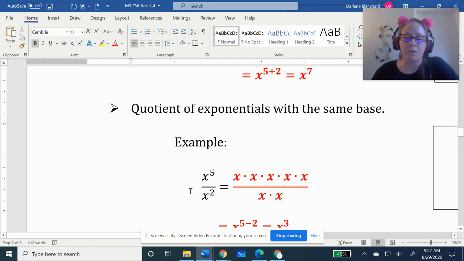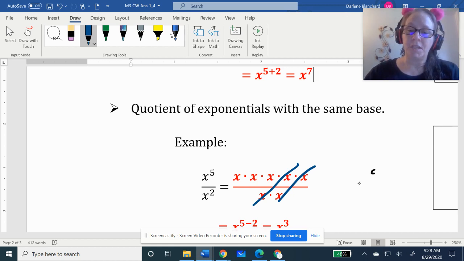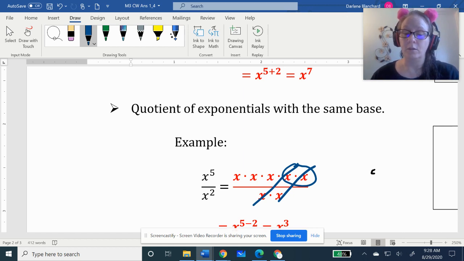So again, I'm showing you with an example of x to the 5th, and it's being divided by x squared. So I want you to see that, again, x to the 5th means multiply x 5 times. And I'm dividing that by x being multiplied twice. So what's important for you to see is that what I'm actually doing is I'm canceling these x's. You know, the old die, die. So I'm actually taking 2 away of those 5 x's that are multiplying in the numerator, and that is why I get subtraction